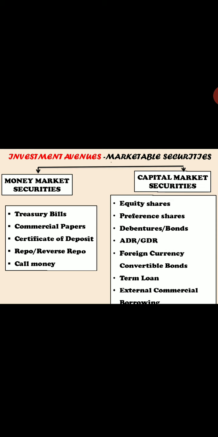Those instruments have short term maturities of 1 year, or it can be less than 1 year. That gives you the example of treasury bills, which mature in three types: 91 days, 182, and 364, basically 3 months, 6 months, and 9 months. Is it less than 1 year? Of course yes. So definitely this is one of the popular financial instruments under money market securities, which ensures the factor of liquidity.